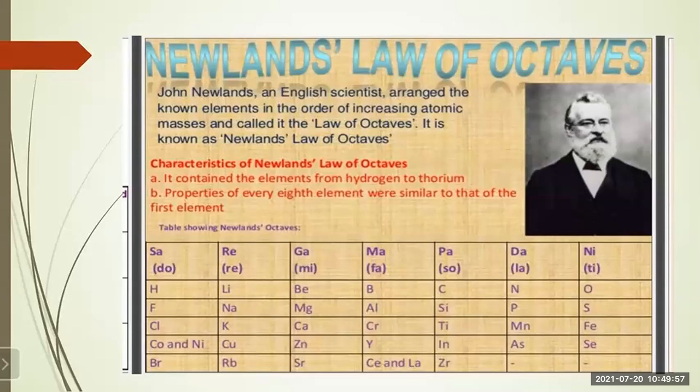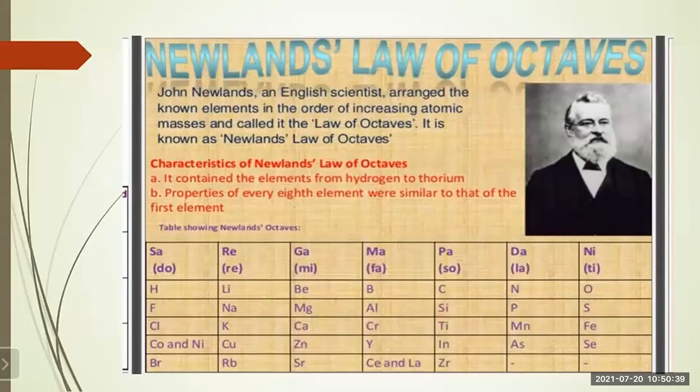Now, everyone knows about the music system, right? In music, we have seven notes. In the Indian music system, there are seven main notes, that is Sa, Re, Ga, Ma, Pa, Dha, Ni, and their collection is called the Saptak. The frequency of the notes goes on increasing from Sa to Ni. Then comes the Sa of the next Saptak, at double the frequency of the original Sa.